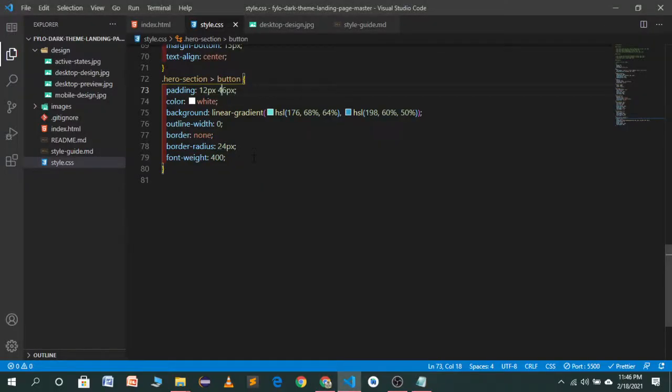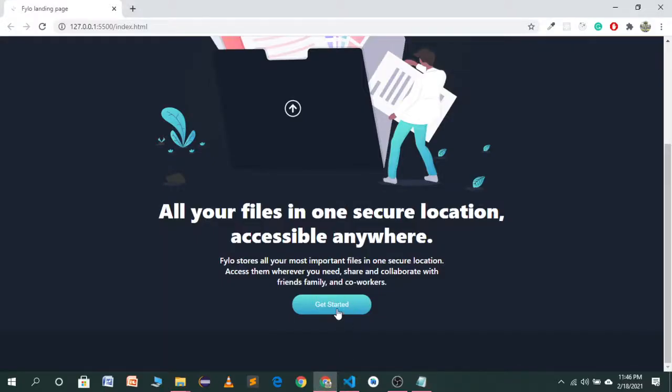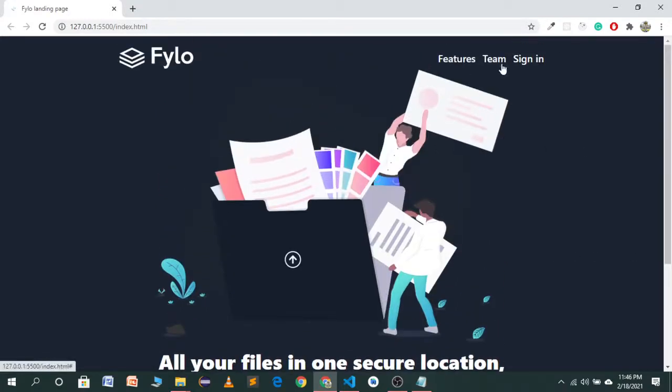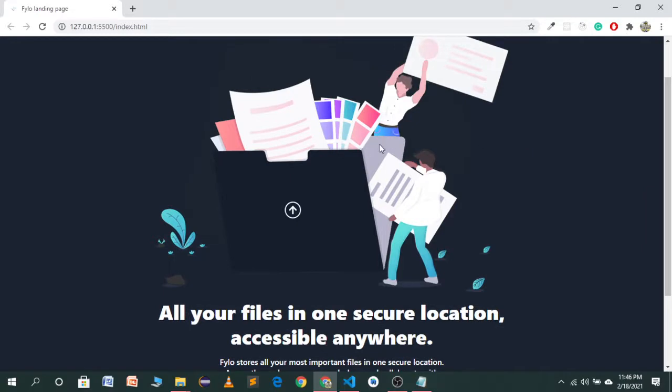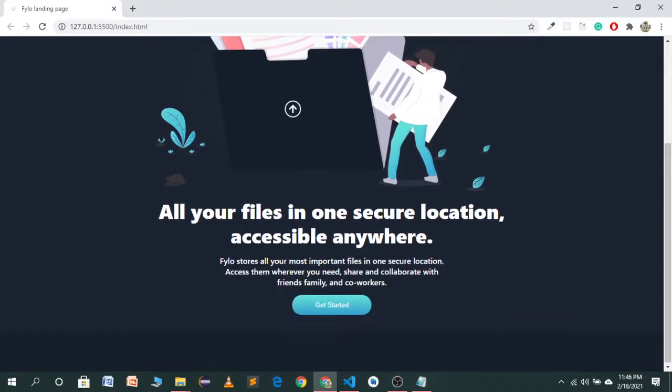So we will add another feature, which will be a cursor pointer. Now you will see as we hover, it has changed into a cursor. So the first part of our build has completed. In the first section we have made a logo. In the nav bar we have a logo and nav items. In the hero section we have this beautiful illustration. We have a heading which describes our website. Then we have a paragraph and a call to action button.